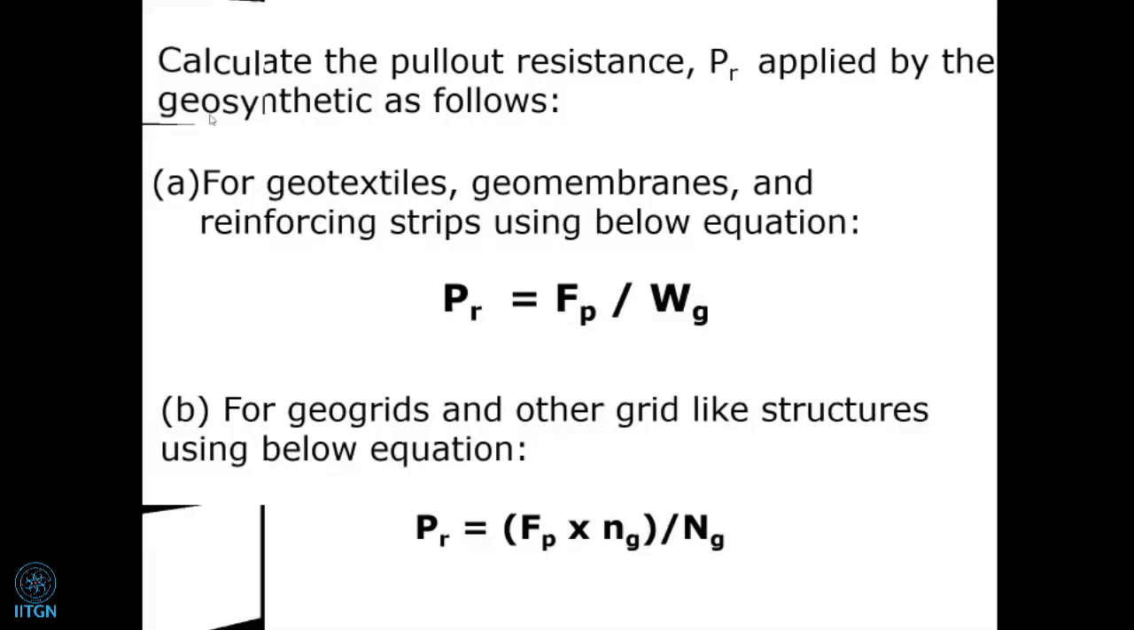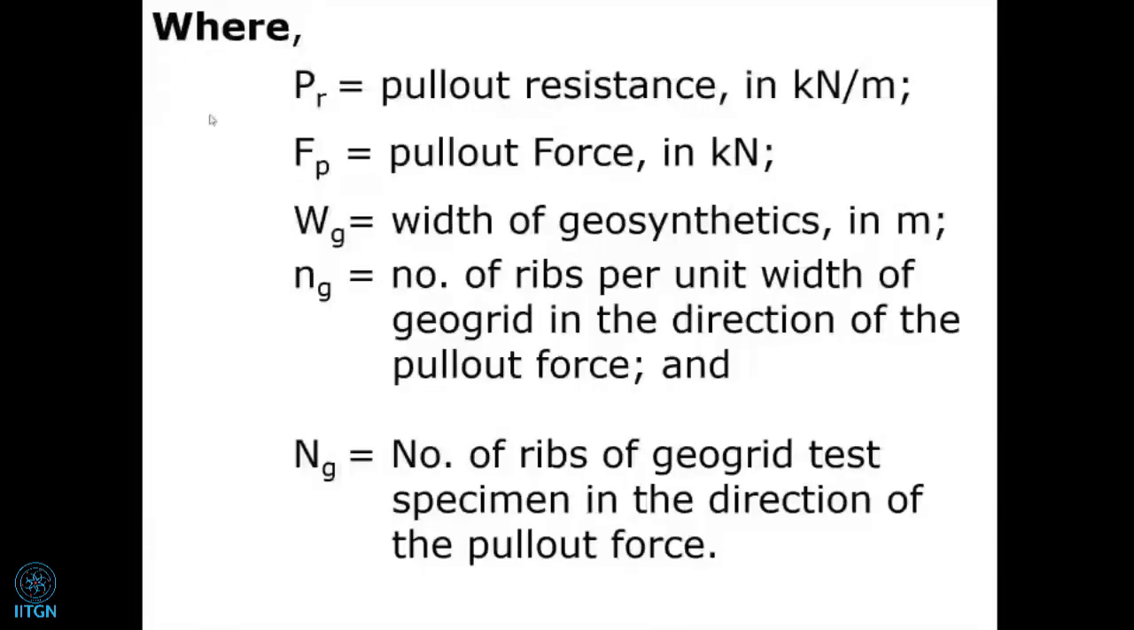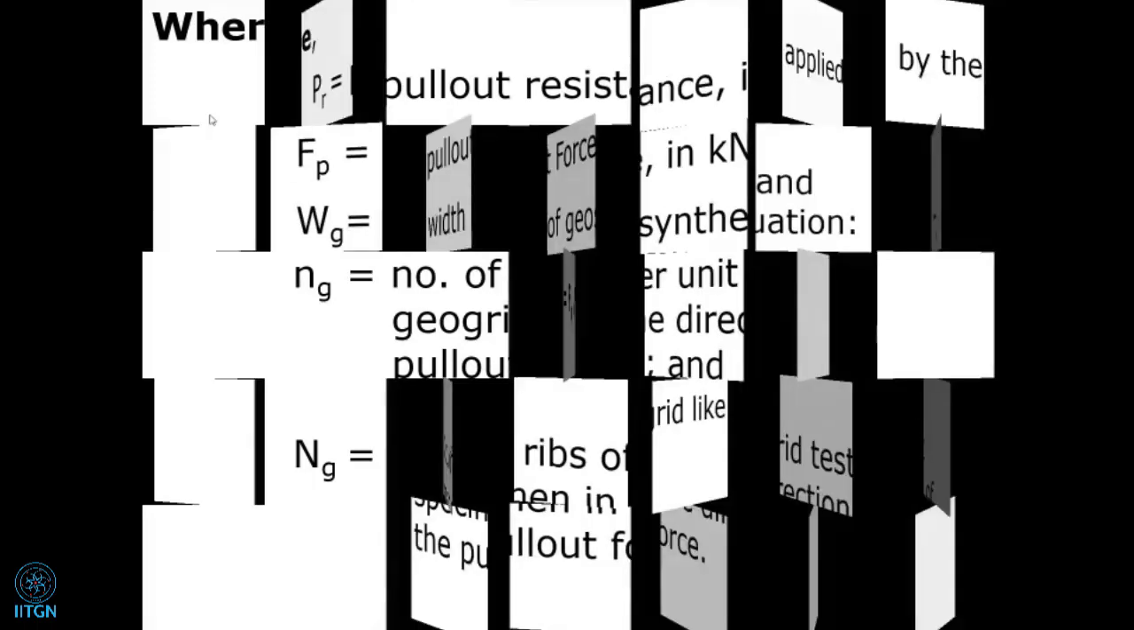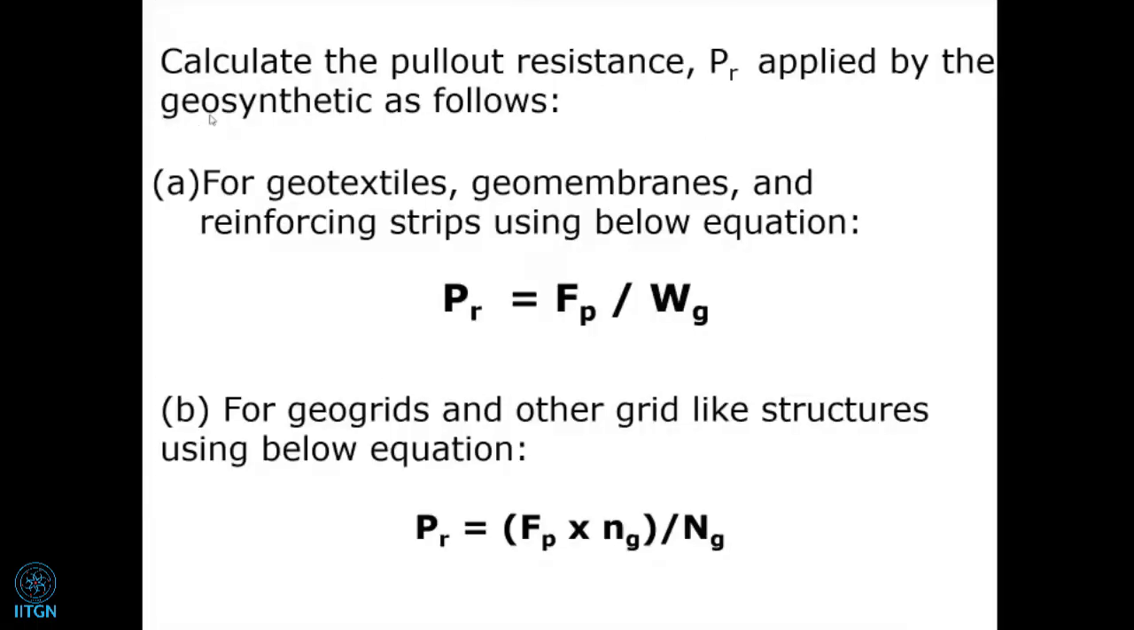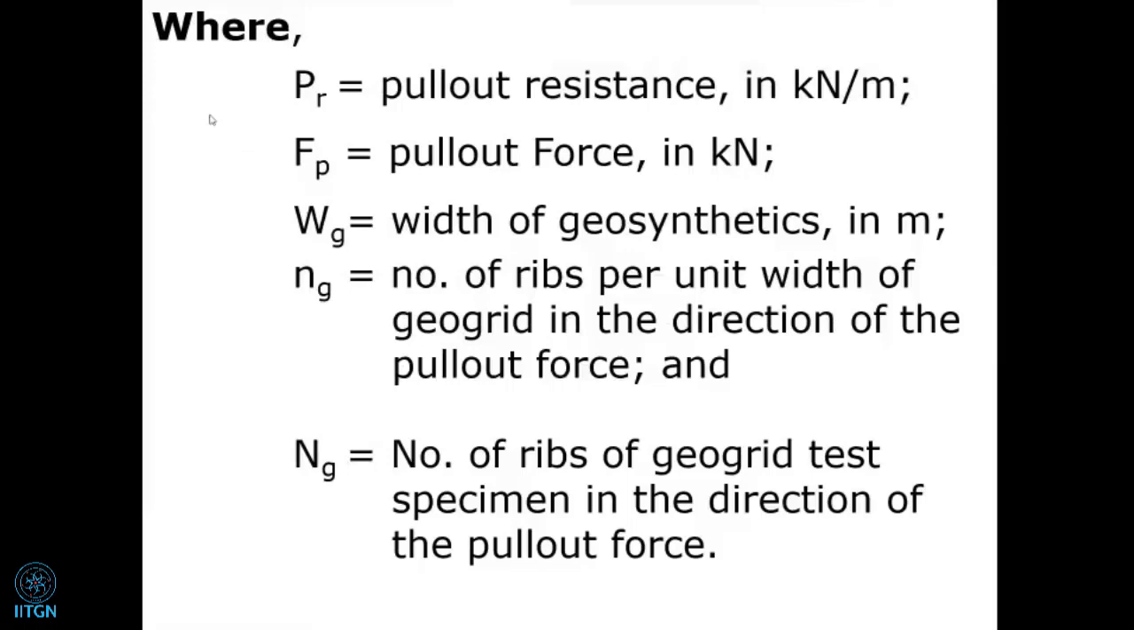What is NG? NG is our number of ribs, because geogrids have ribs. In geostraps, geotextile and geomembrane, the structure is different, so the formulas for both cases are different. The first formula is used for plain material like geotextile, geomembrane, or geostrap. And if grids are there, then the second formula is used, FP into NG upon NG. What is NG? NG is the number of ribs in the specimen in the direction of pull-out force, and